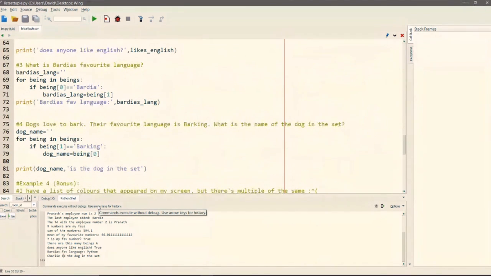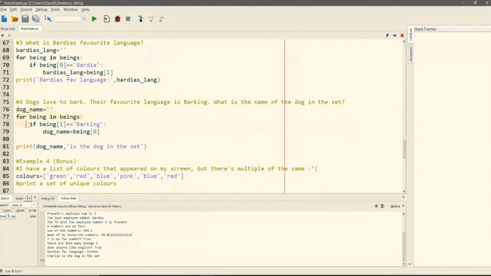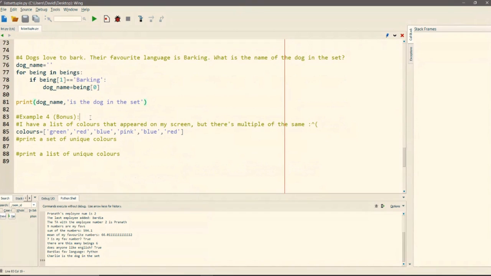So you can see how using lists and sets allow us to process data, especially efficiently in Python. You can use an Excel sheet, for example, but with Excel sheets, it might be annoying. Plus, you have to learn Excel. Luckily for everyone, you're learning Python, and so you've already learned it. You could use it to process data, and it's pretty easy, as you can see. In only a few lines, we were able to print out who was the dog in the set, and that was pretty convenient.